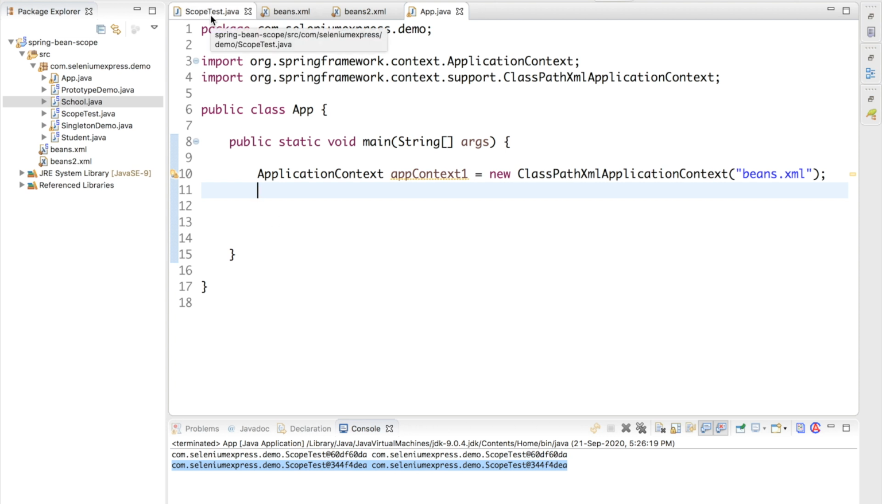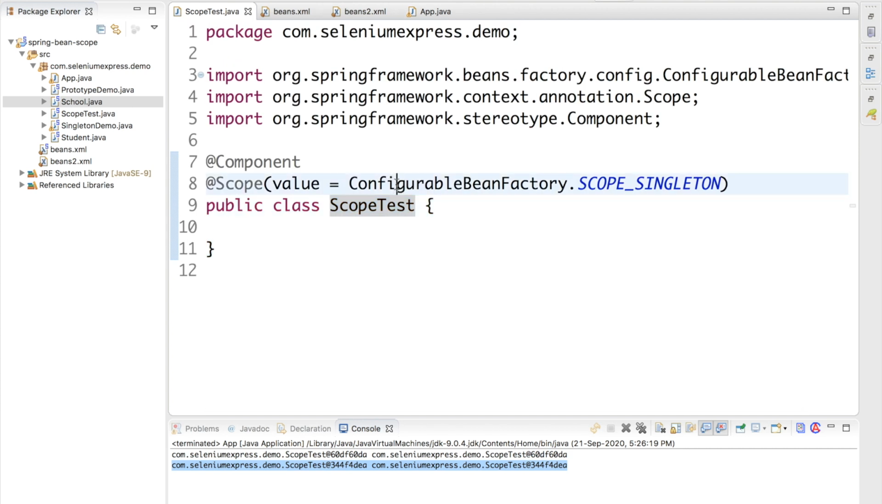If I go to scope test right now, the scope is here as singleton. If I'm going to change this scope to something else, we understand singleton, we understand prototype, let me say the scope is request. I told you, right? We can also define the bean scope as request. So if I say the scope of this scope test class is going to be request,